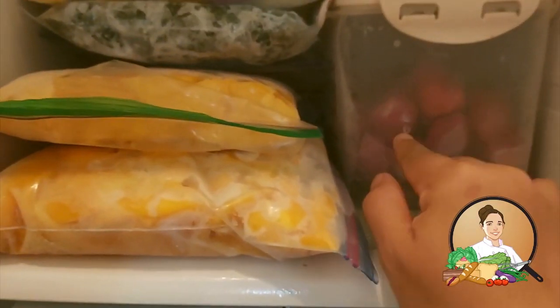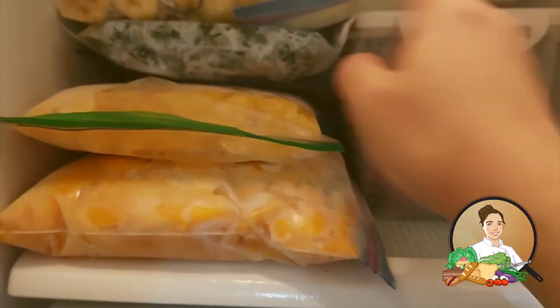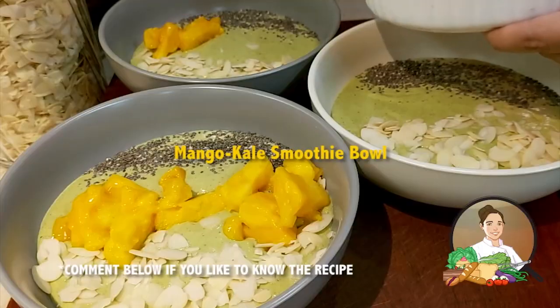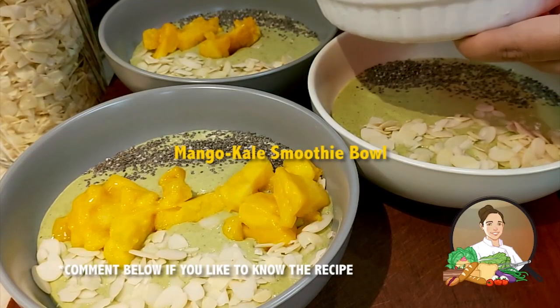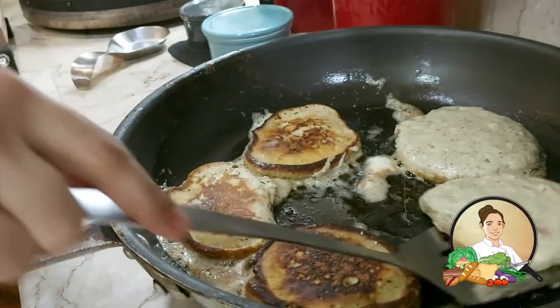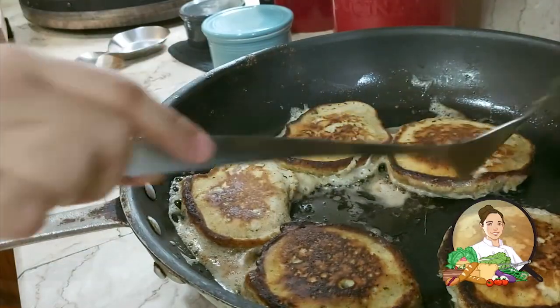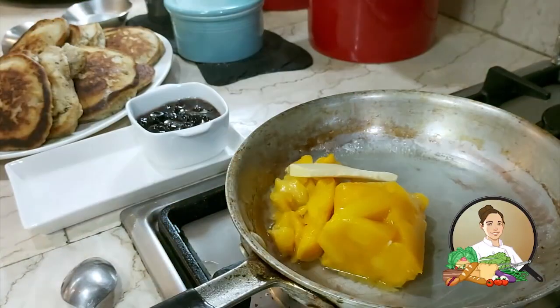Okay, so this is the frozen strawberry, and I'll talk about all those frozen stuff that I have here and how I use them up in some of the things that I make. Talking about the beets and the mangoes, or the fruits that you saw in the freezer. With the mangoes, I used them up when I made some buckwheat pancakes, and I made a mango compote with